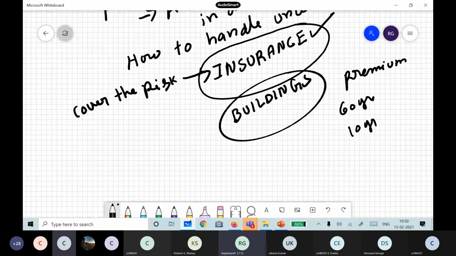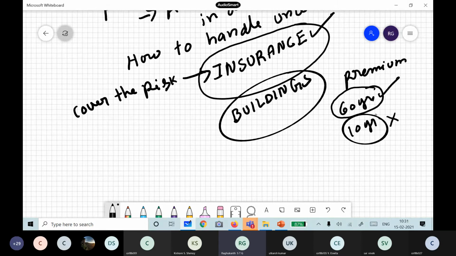Senior citizen or the 10-year-old? Are you sure? Who has more risk, the 60-year-old or the 10-year-old? For the 60-year-old man, the risk is more, because 60 years of his life are already gone. He may survive only 10 or 20 more years, but the 10-year-old boy is very young and can survive a long time. So the risk for this fellow is more, for this one very less. For 10 lakh policies, his premium may be 20,000 rupees per year, but for the small boy maybe 9,000 rupees per year.